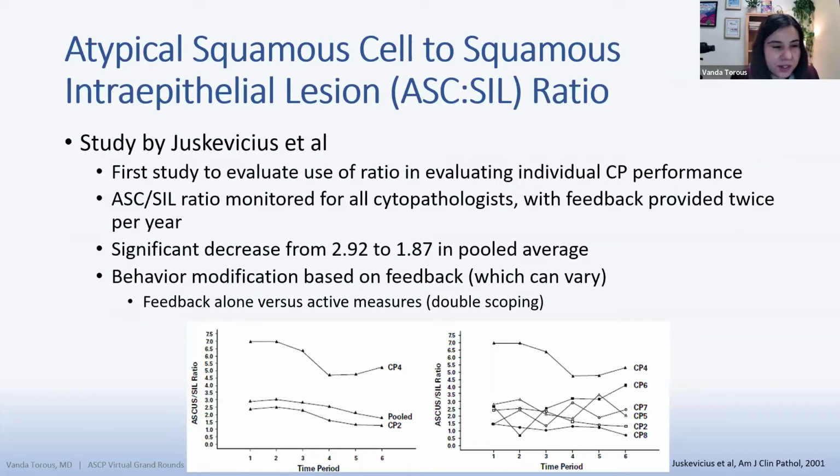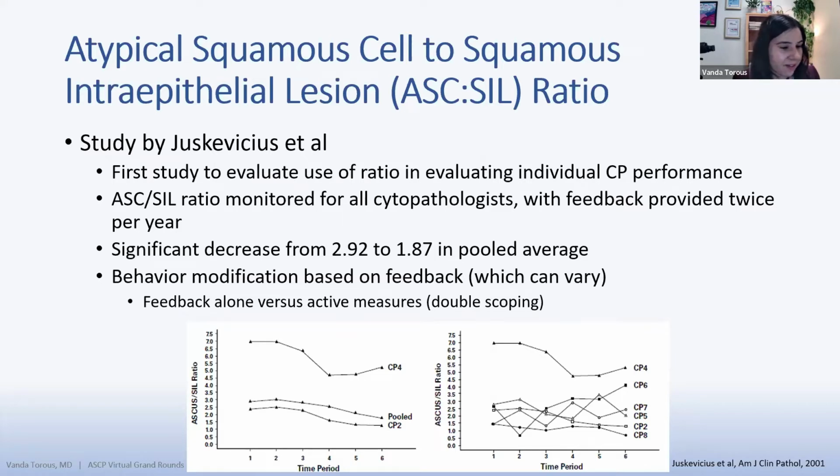Now, I showed this study because it really was the first one to evaluate the use of this ratio in evaluating individual cytopathologist performance. So this study came out of Brigham and Women's Hospital in the early 2000s. They used the ASC-SIL ratio for monitoring all cytopathologists, and they were able to provide feedback twice a year based off of these. And what they found was that there was a significant decrease in their pooled average with this method. So they were able to find this behavior modification based on feedback, but a very astute